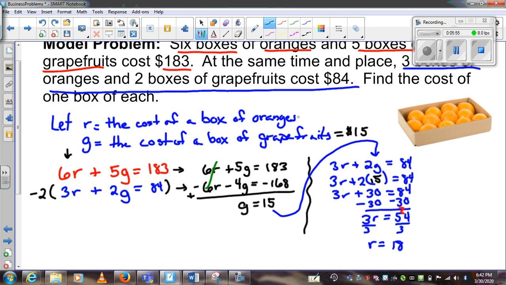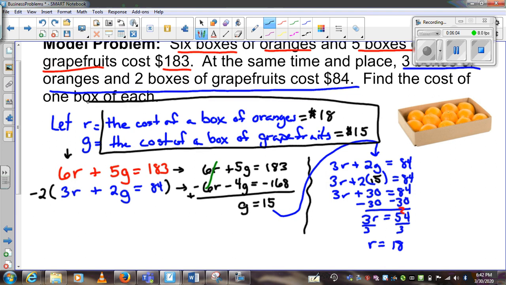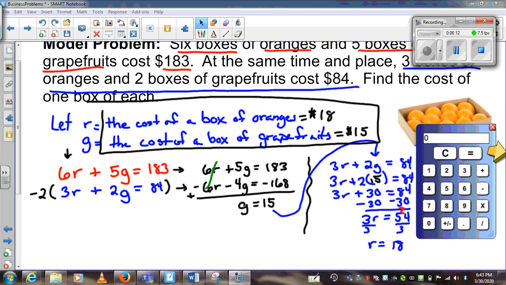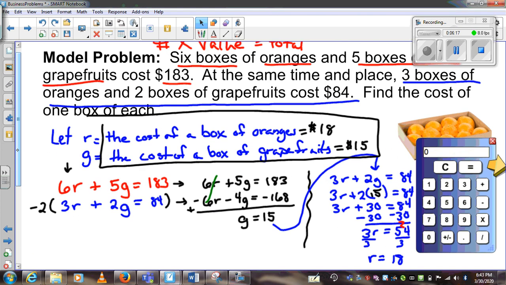The cost of a box of oranges is $18. And I can do a quick check on a calculator to make sure that this is correct. See if I can pull one up here. Okay, so let's do a quick check. So let's see, 6 boxes of oranges, so that's 6 times 18, plus 5 boxes of grapefruits,